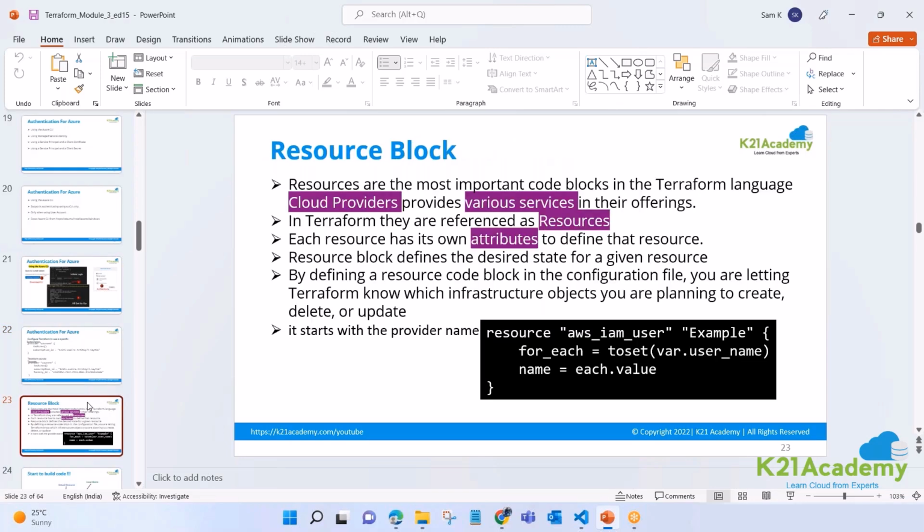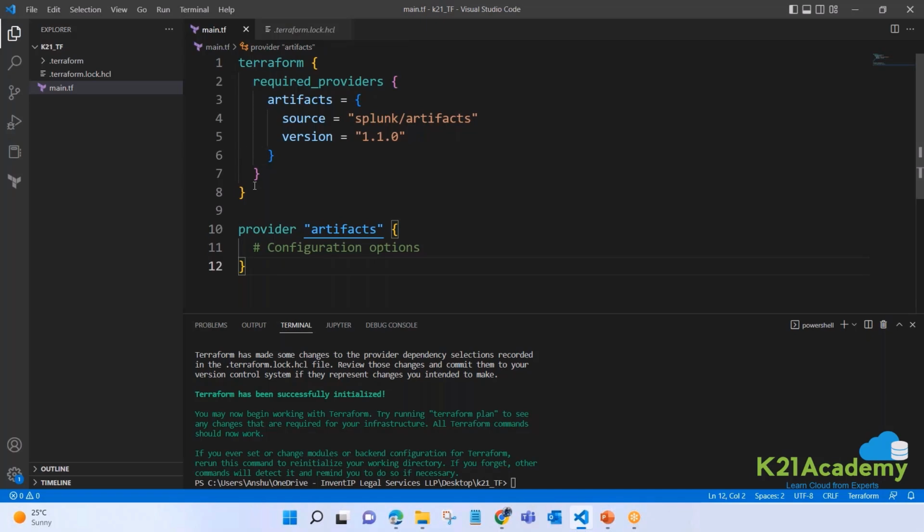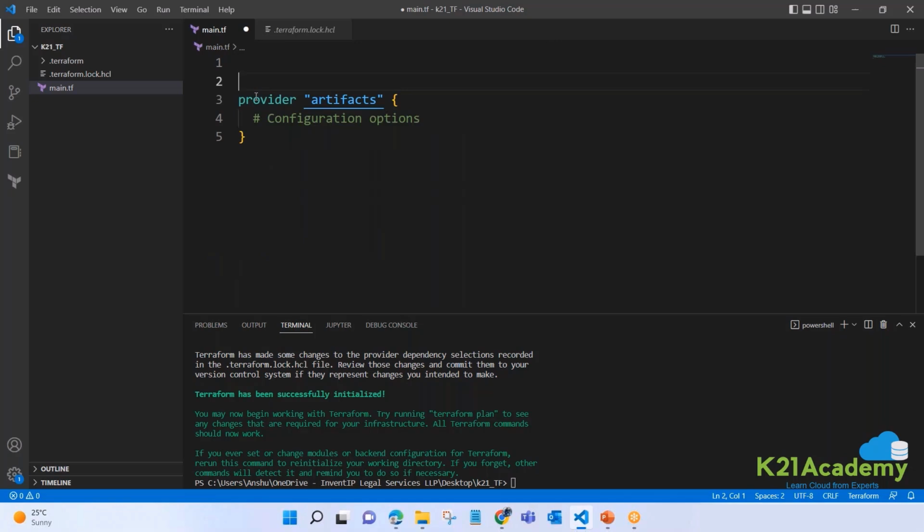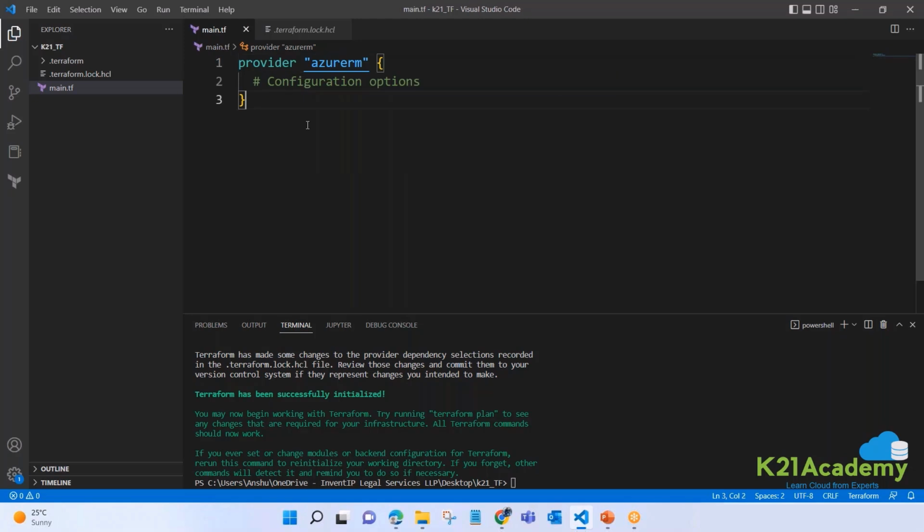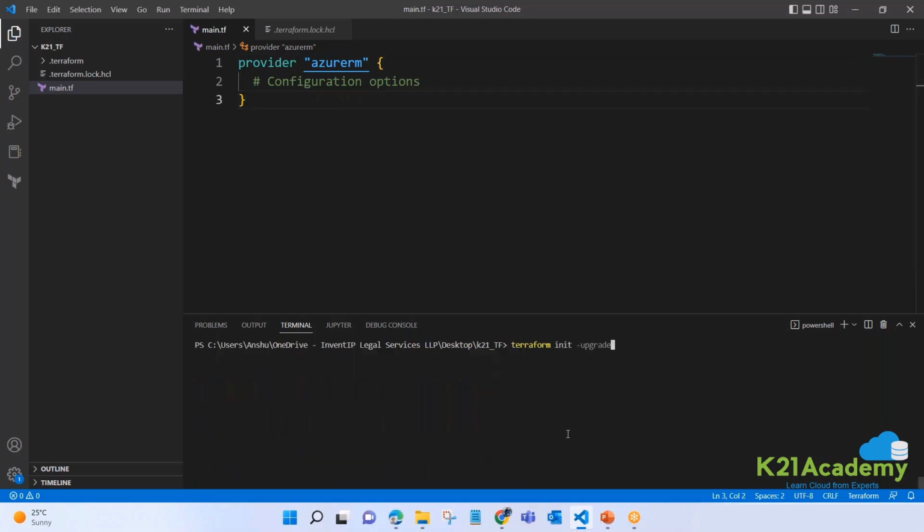Next one, now let's talk about creating a resource. Now you say, okay, understood, we are good here. We have seen how to download the provider. Authentication is also good. What next? So next, let's try creating an actual resource. What I'm going to do here is connect to my Microsoft Azure, of course. So I'll change it to AzureRM. Here's azurerm, AzureRM. Save it, and I'll just run terraform init to make sure that it is using my